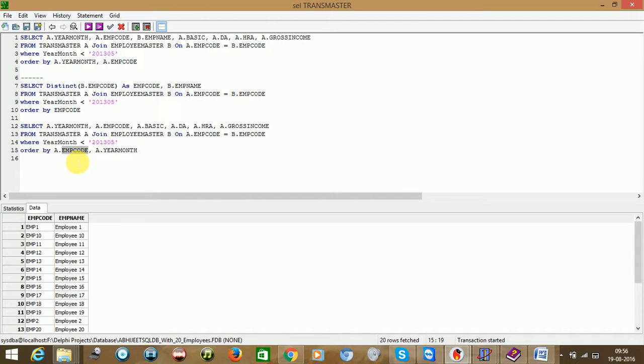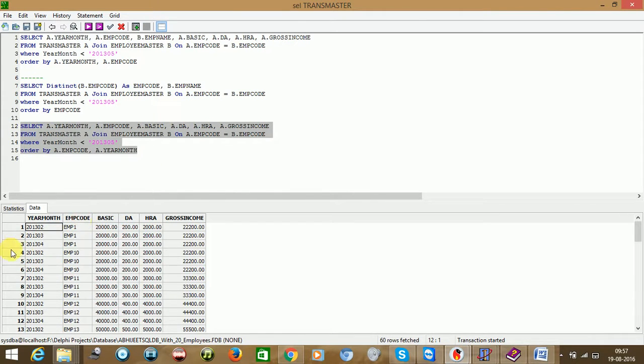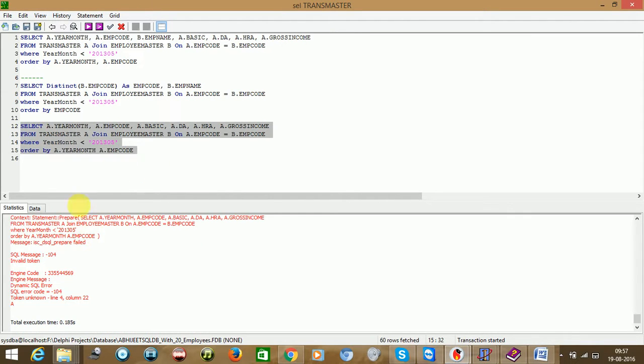If I misplace year month here before it, what would happen is, for example, in this case, you say execute. So all employees are coming in sorted order like this, right? Now what would happen is that if I misplace year month here and then put display code, one employee is coming, oh sorry, I forgot to give a comma here.